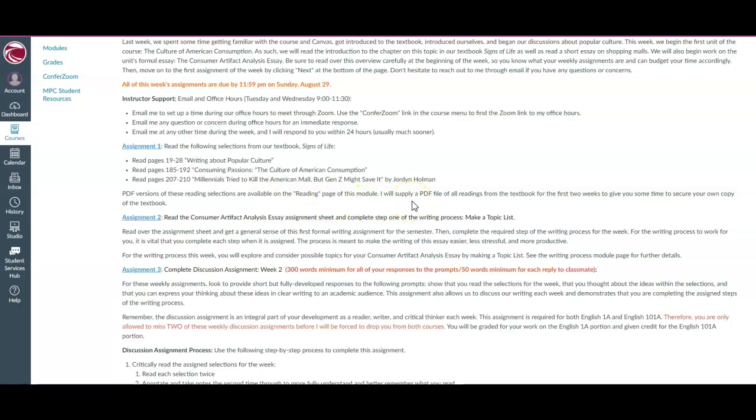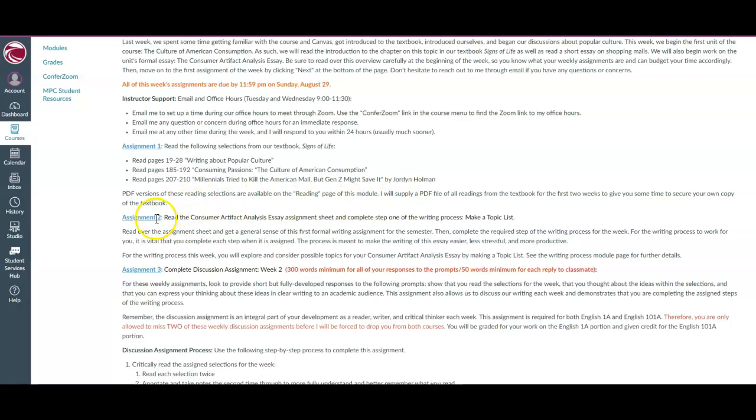Like I say here, I am able to supply PDF files for you for the first 2 weeks as you secure your textbook. I do realize that sometimes it's difficult to secure that textbook right at the beginning of the semester, but I am not able to provide PDF files after week 2, unless in a very extreme situation, due to copyright. So if you have not already secured your textbook, look to do so this week because the PDF files will end this week. But again, they're there for you this week, so take advantage if you don't have your book already.